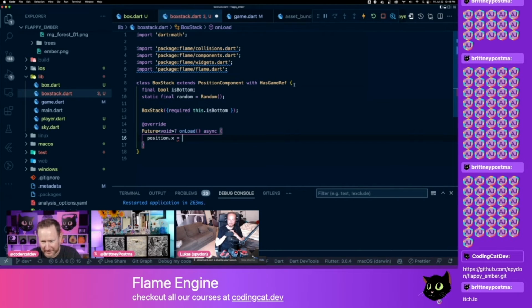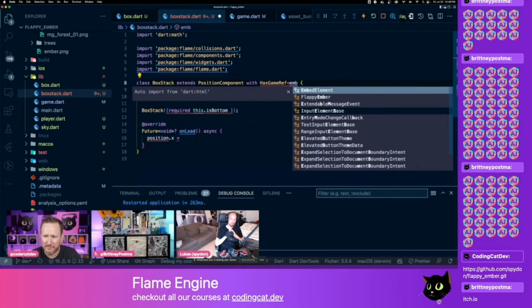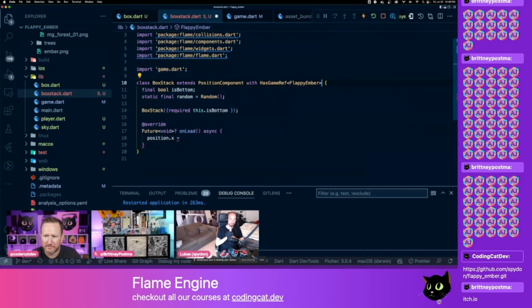In the online editor. Yeah. Sorry. Oh, actually, we probably don't need that, but we can put it in there anyways, because the size already exists on the pure Flame game. Okay. But we might need something special that we have in FlappyEmber later. So sounds good. Who knows? Better to have it there. So then equals to